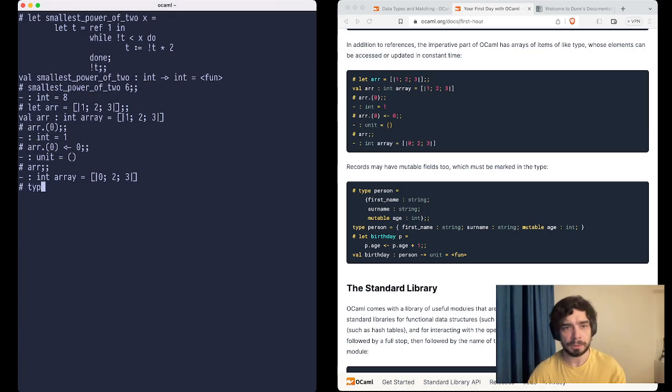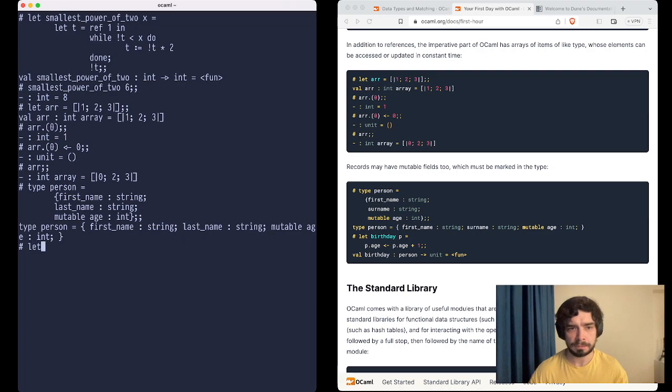For example, type person = first name, last name, mutable age,